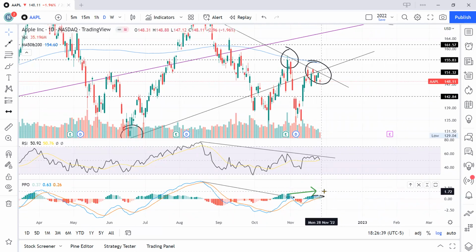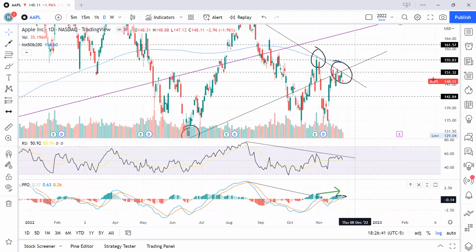green candle. Or not green candle, green arrow. That's how I annotate it. All right. So,